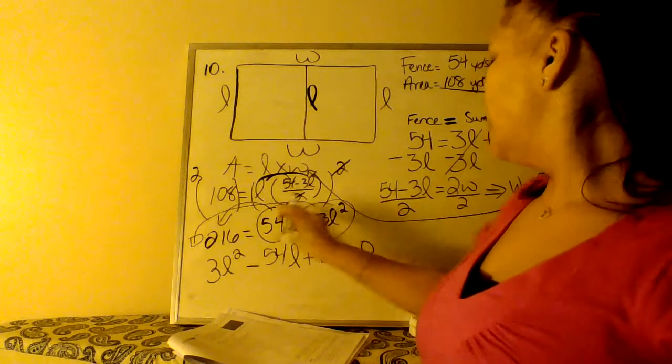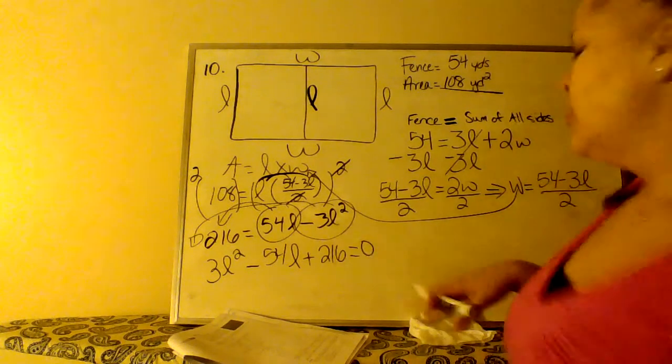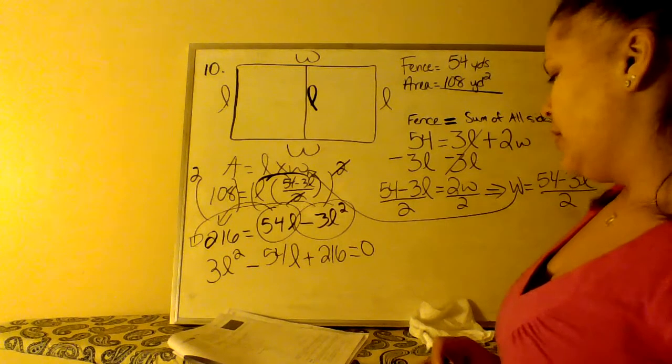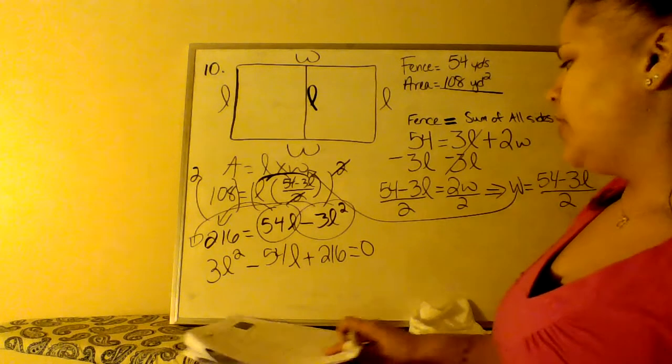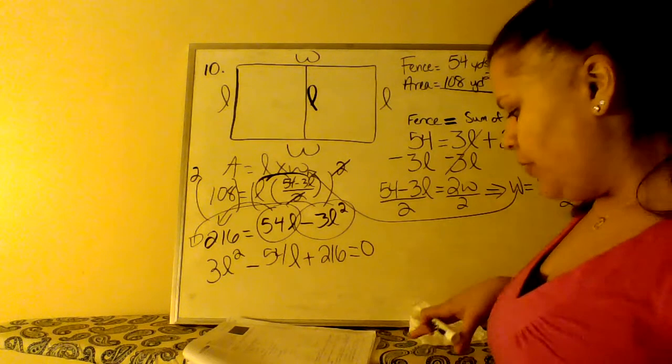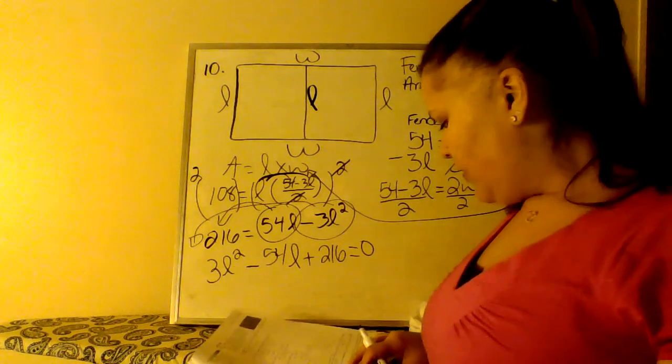And it's all equal to 0 because I moved everything over. So now I have 3L squared minus 54L plus 216. So then now I have to see if I can leave it like that or factor. I'm going to end up factoring out the 3. So when I factor out this 3,